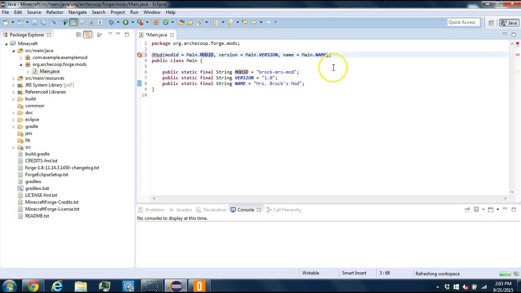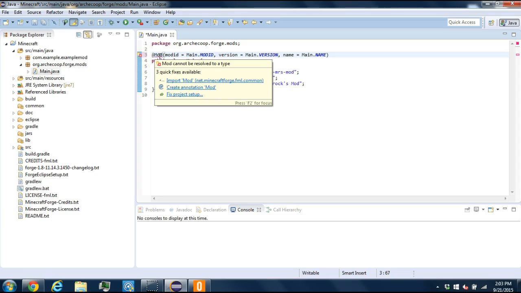Now one thing is, I think it doesn't want that. I'm sorry. The annotation does not get a semicolon at the end of it. Assignment statements do, mods do not, annotations do not. So, but it is complaining, as you can see right here, because we don't have